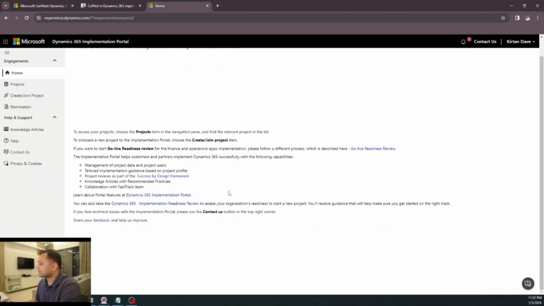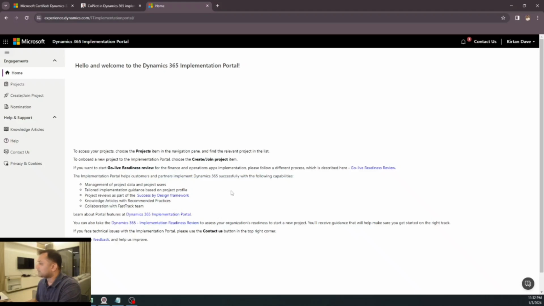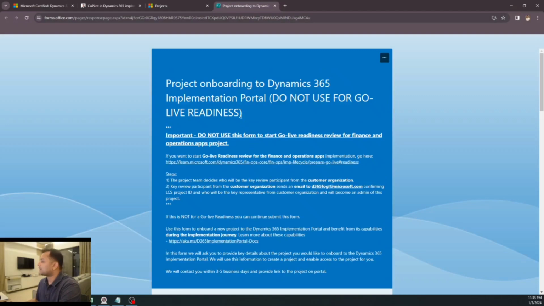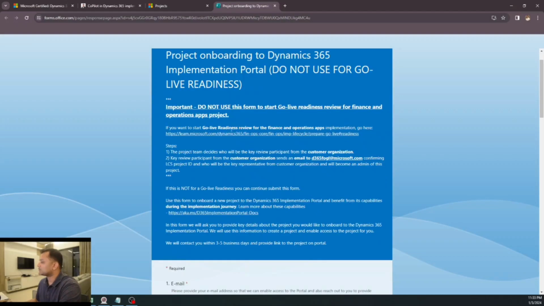And I think it behaves in almost a similar way. I have an option of projects over here. When I click on projects, I can basically create a new project or join a project. If I click on create project, now it is asking me to